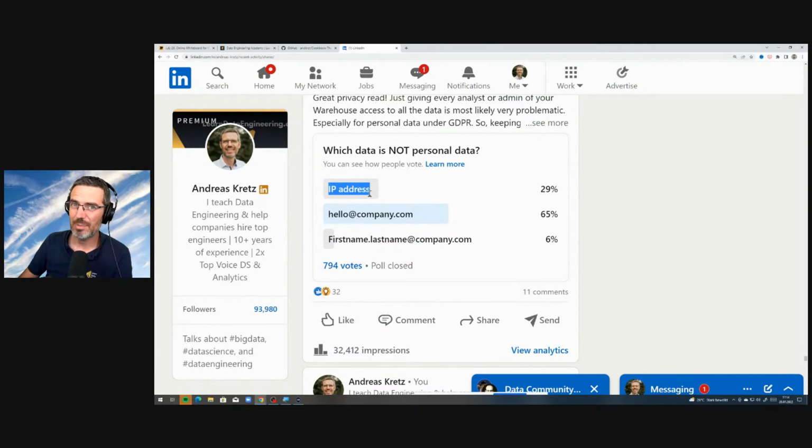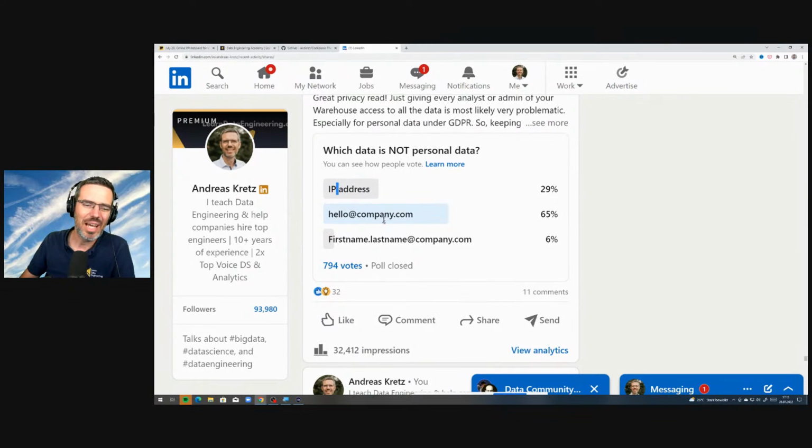It's actually not the IP address. The IP address is considered in a lot of cases personal data. Under GDPR, IP addresses are very sensitive. That's why this is sometimes very annoying for Google Analytics, and also if you log IP addresses in some kind of monitoring in your application, you can't log them as they are. You need to anonymize them and cut off the last few digits.